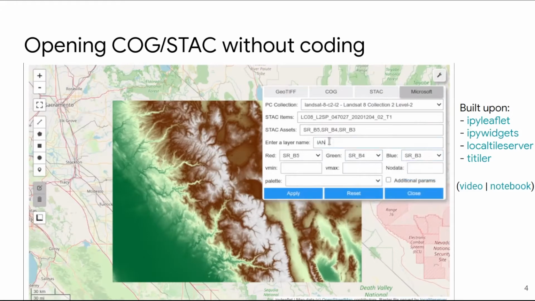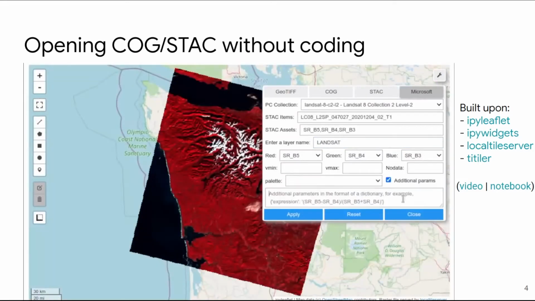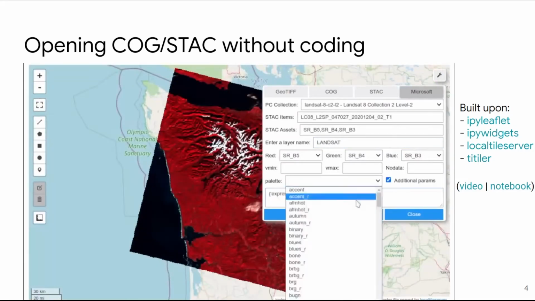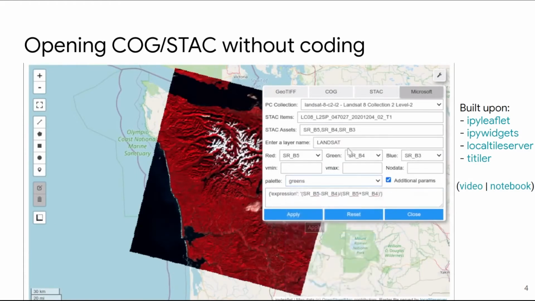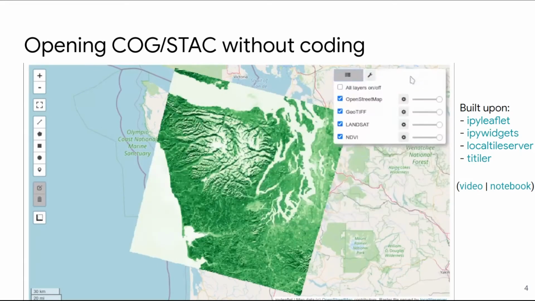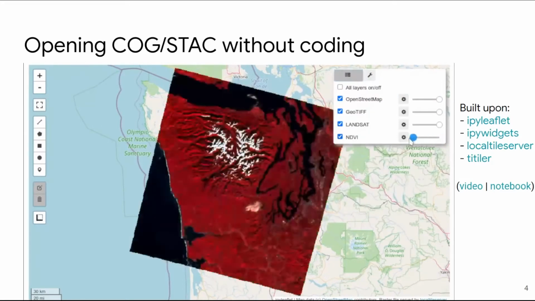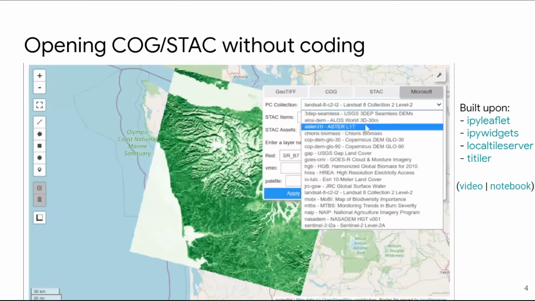Not only the local raster, you can also visualize the data from the Microsoft Planetary Computer. And in this case, for example, you can change the band combination. You can easily, for example, calculate NDVI, and then you can select what color map you want. And you can also change the layer opacity so that you can compare two different data layers,